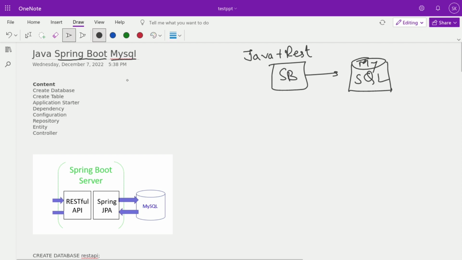In today's session we walk over the agenda, or content, of the session. First we talk about how to create a database, how to create a table in it, how to start our Spring Boot application, what is meant by dependency tracking and how to ingest this, what configuration is required, and how to map the database with the repository. Here, suppose Employee is the entity, or a class, that should get matched with the table. So how are we doing that internally: how to map this entity with the tables